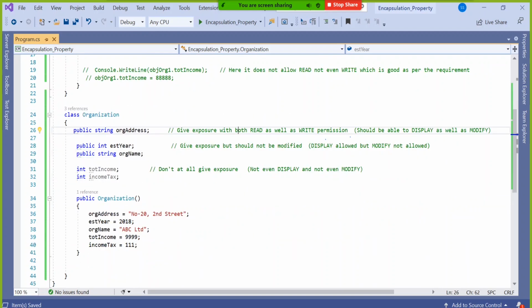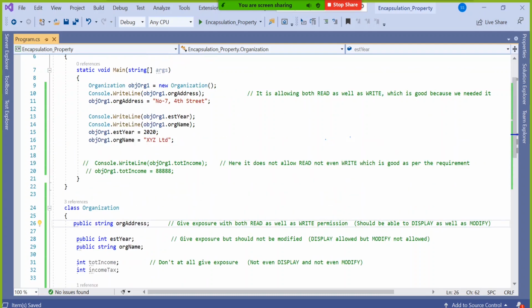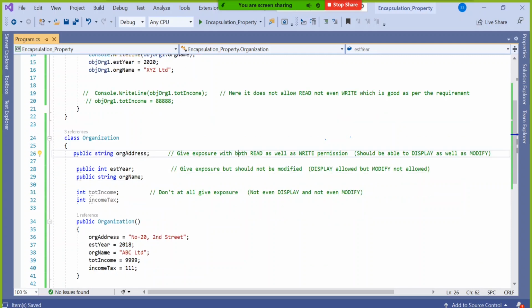Okay, all right. So now you just understood the problem scenario behind using the variable. It is in front of you. If I'm making it public, full access. If I'm making it private, no access. But we want partial access. That means the user should be able to see but should not be able to modify. A lot of situations will come in future, guys, where you should allow the user to see but not allow the user to modify. So now let's see how property is going to solve this problem.